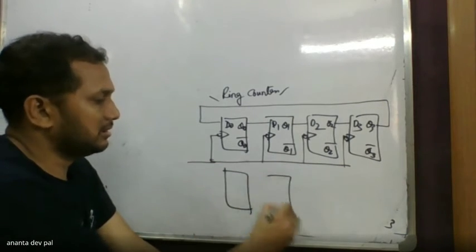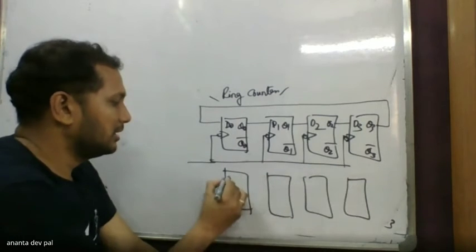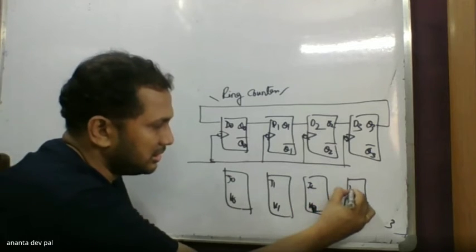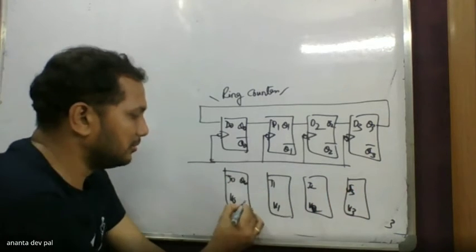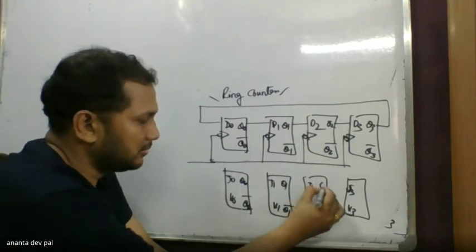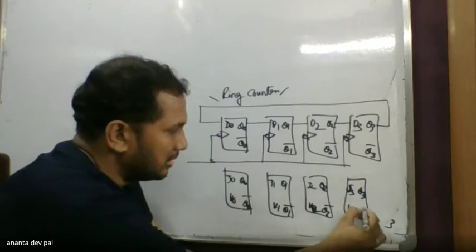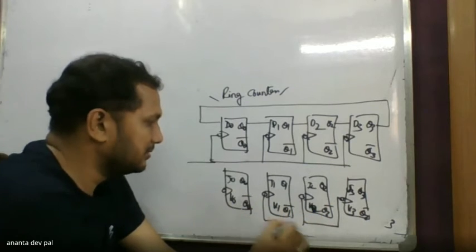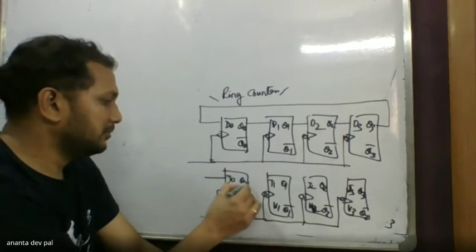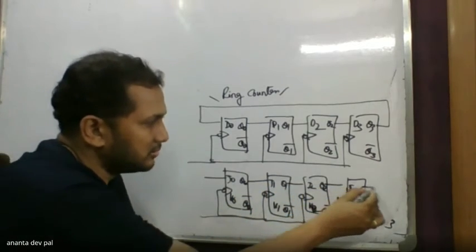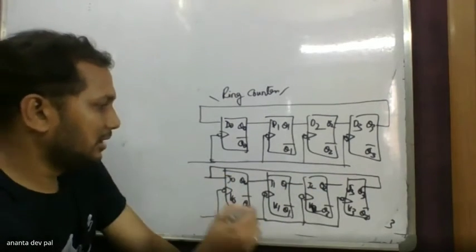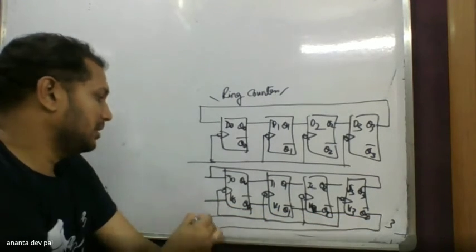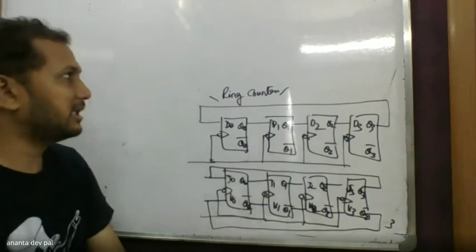These are the JK ports: J0, K0, J1, K1, J2, K2, J3, K3, and Q0, Q0 bar, Q1, Q1 bar, Q2, Q2 bar, Q3, Q3 bar, and a negative edge trigger clock is applied to each flip flop. Let's say the first input is applied here, it is transferred to this one, and then moves to J0 again. And finally K0 also, this first input is transferred to the next and transferred to K1 also. So this is known as a ring counter, and the state diagram is simple.